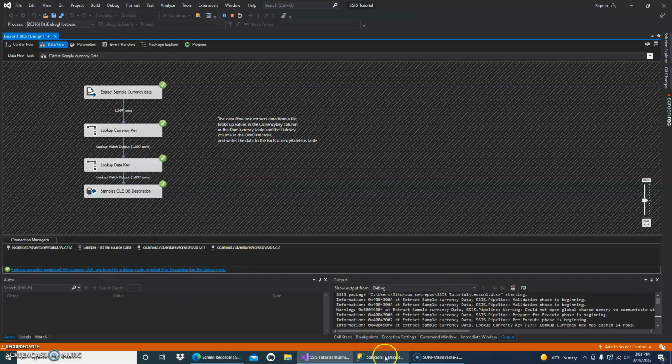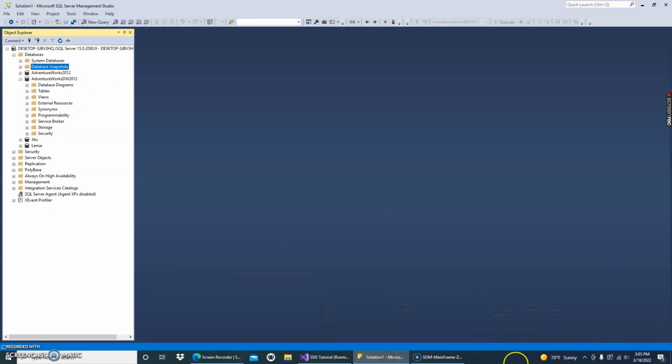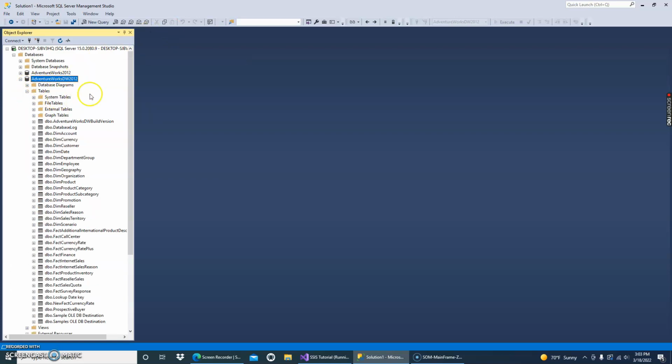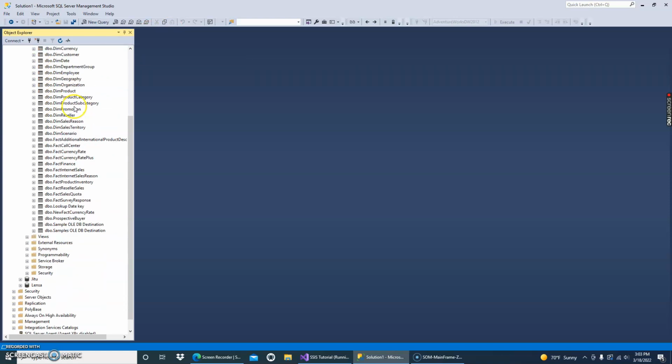And so let me go back to the Microsoft SQL Server Management Studio. Let me go to the AdventureWorks 2012. Let me expand the tables, to see whether the table was created or not. We created the fact